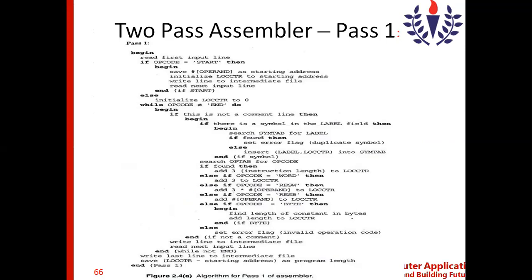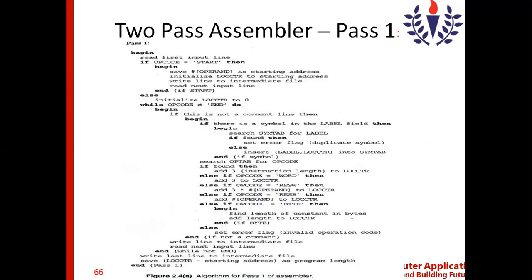Now this is one part. Now we move on to the next part, that is else if the opcode is equal to WORD. When the opcode is equal to WORD, then add 3 to the location counter. As I already told you, WORD is an assembler directive which is used to generate an integer constant.